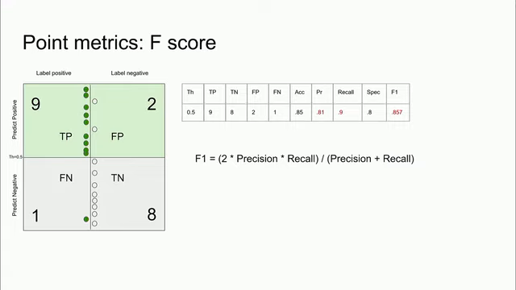So we've talked about accuracy, we've talked about precision, we've talked about recall. Sometimes people are interested in looking at precision or recall specifically, but they want to come up with one number that factors the two of them together. And people have come up with this F1 score, which is basically the harmonic mean of precision and recall. And so harmonic mean